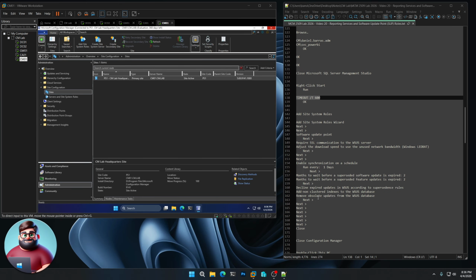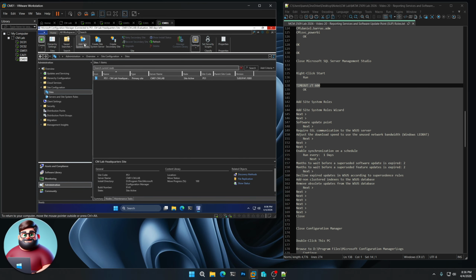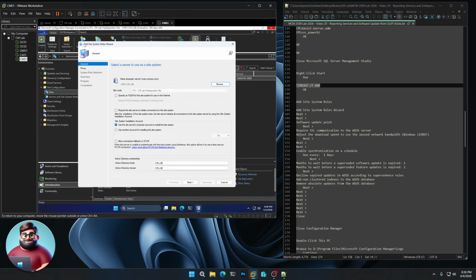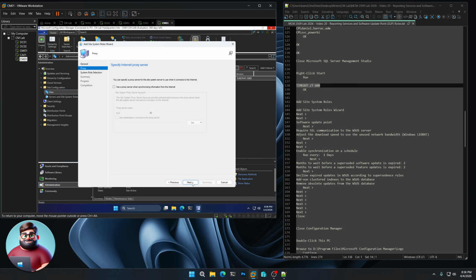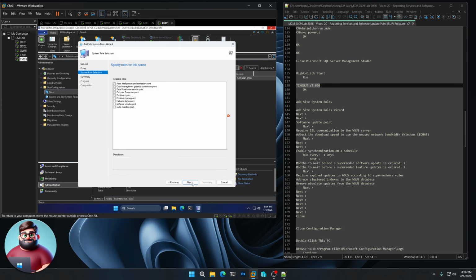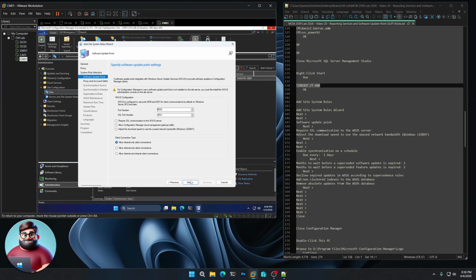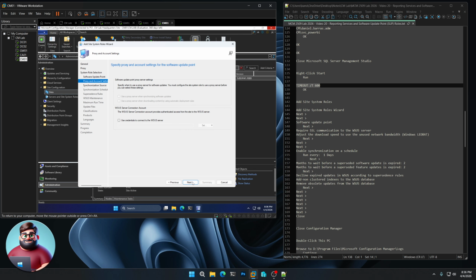Okay. And now what we can do is we can click Add Site System Roles again. Click Next, Next. And this time we're going to use our software update point. Next. Okay, we're going to require SSL connection. We're also going to adjust the download speed to use the unused network bandwidth, or Windows LEDBAT. There we go. Next, next,